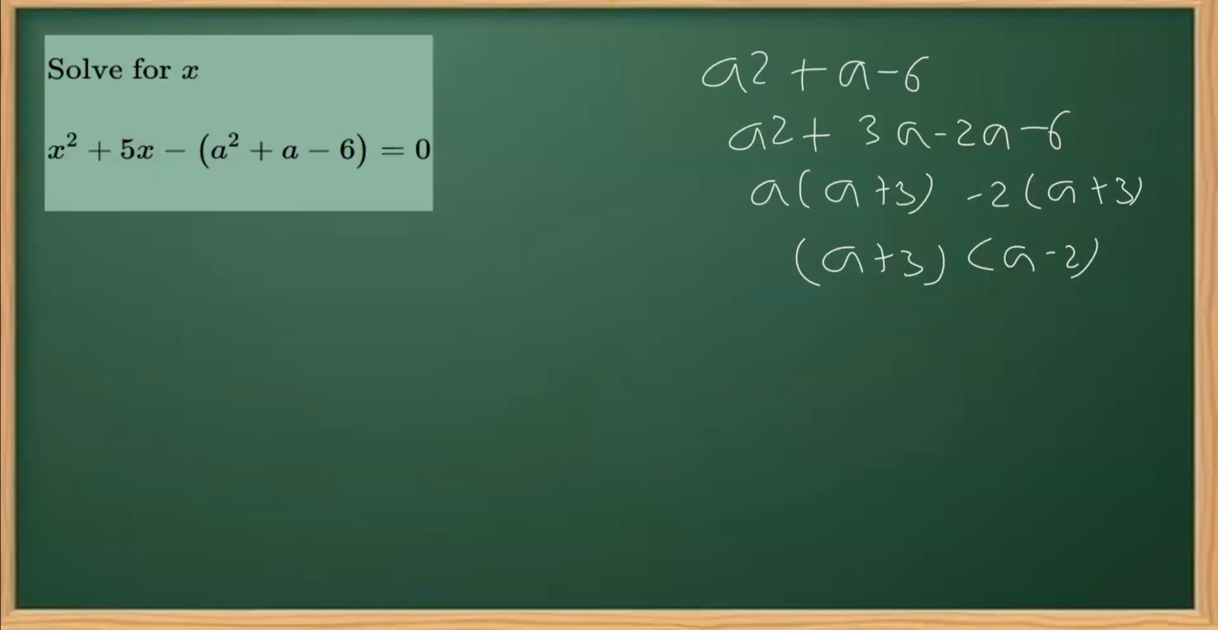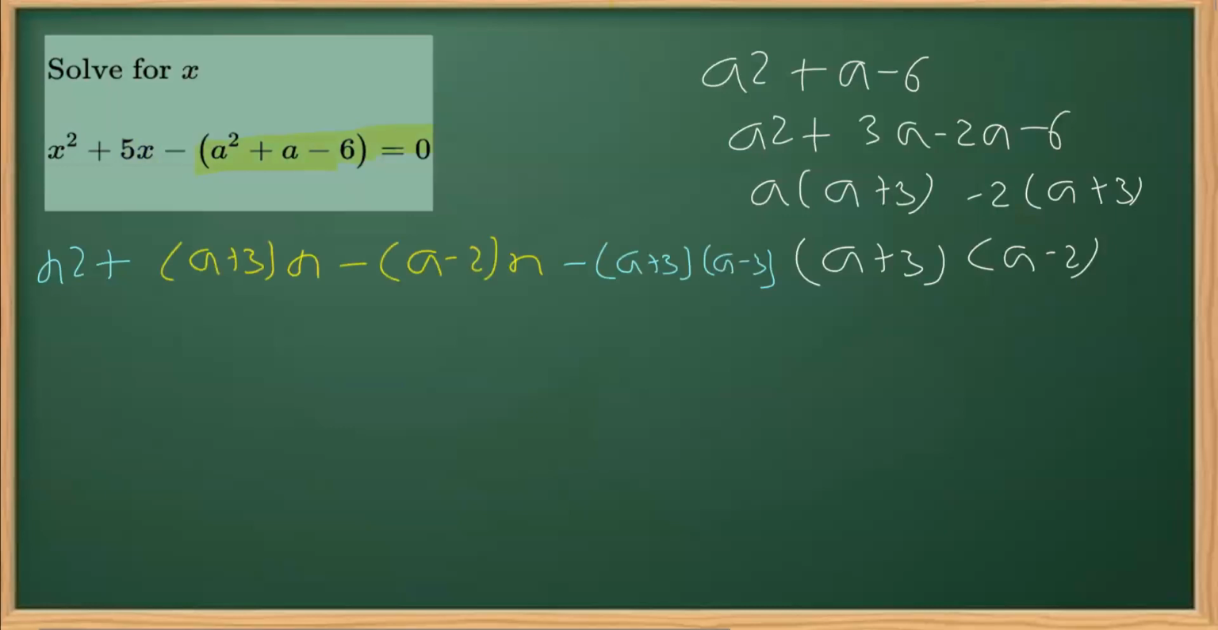So for that, I'm writing x squared as it is, plus, and I'll be writing 5x as (a plus 3) times x minus (a minus 2) times x, and copying this constant term, as we know that we have split this as (a plus 3) into (a minus 2). So once we write this,